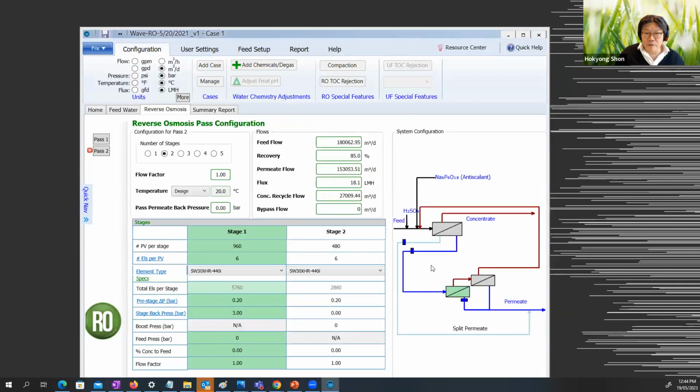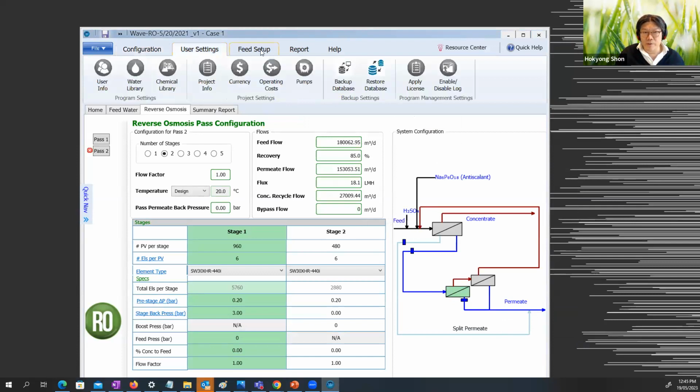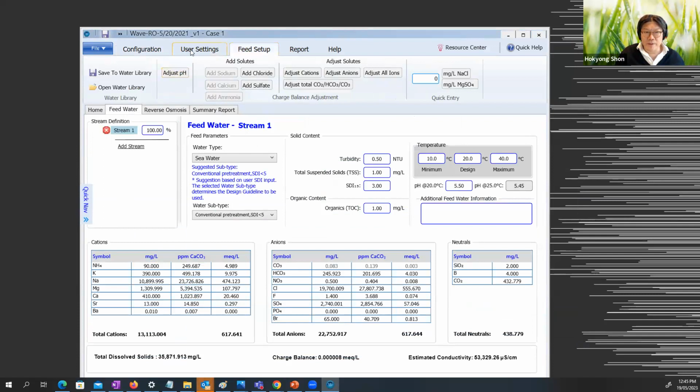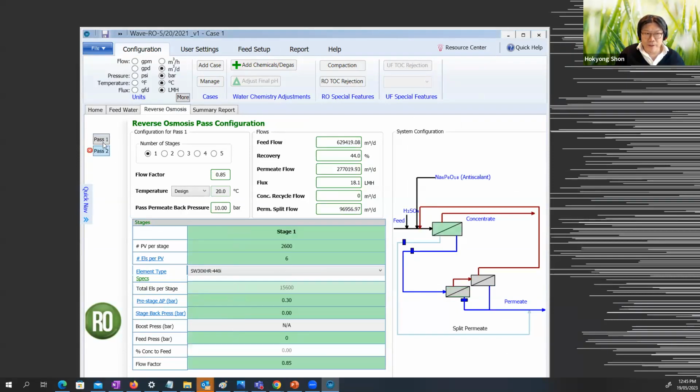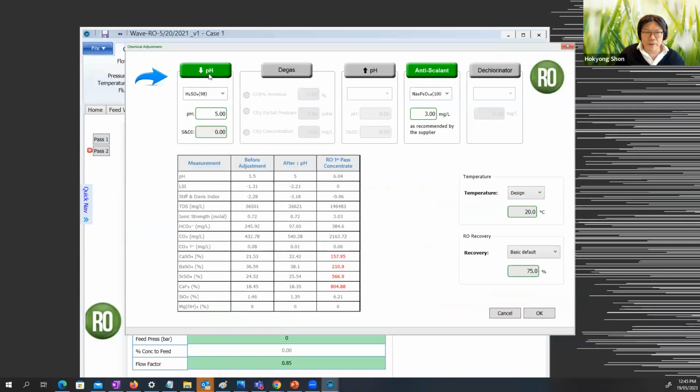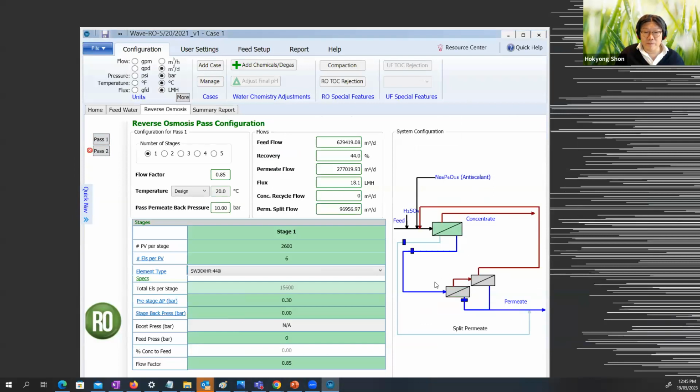Which means I remove the pH here, but I put the chemical at the beginning. I just put it as it is. But of course, if you'd like to remove the pH, you can change this value. When you change your chemical here, you can change the chemical value from this H2SO4, and for the pH you can control the anti-scalant in this system. So let's just reevaluate it, but I remove this sodium hydroxide. So you can see